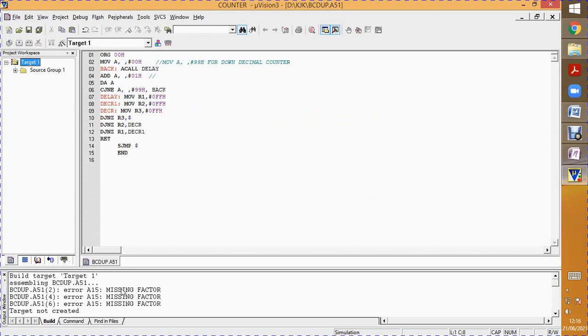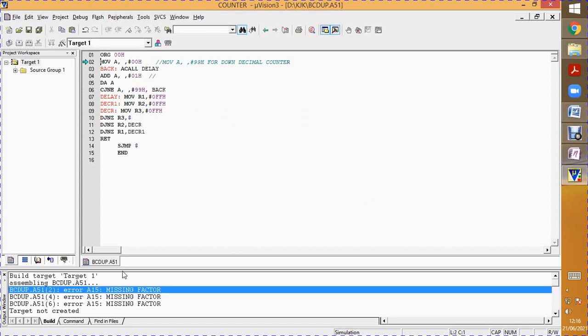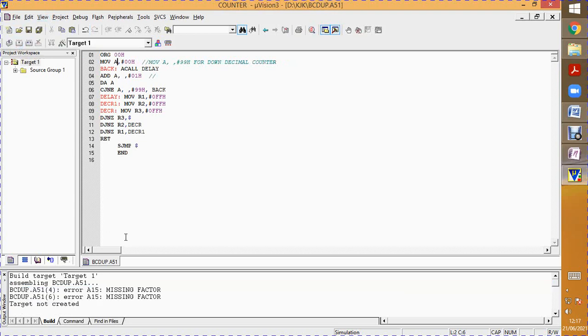Here an error is there, so what error is there? In line number 2, it is missing something. What is it missing? Missing factor, BCD missing factor, target not created. Here I have put a comma 2 times, so you just remove that. Build it once again, and the same error appears